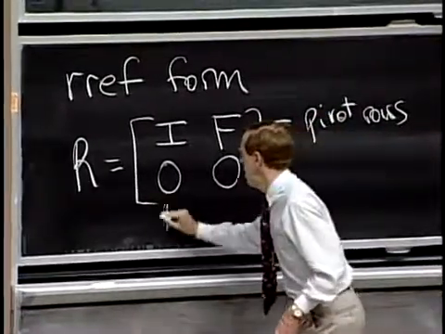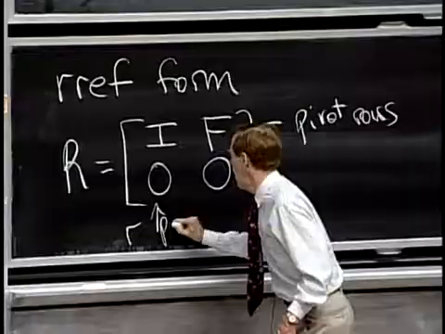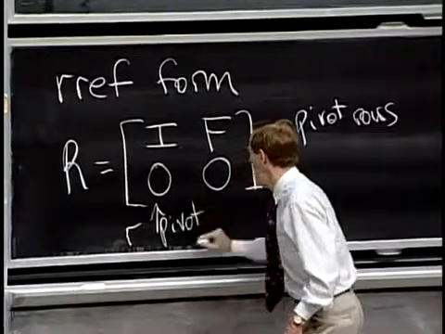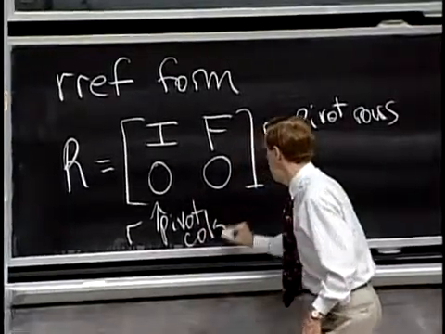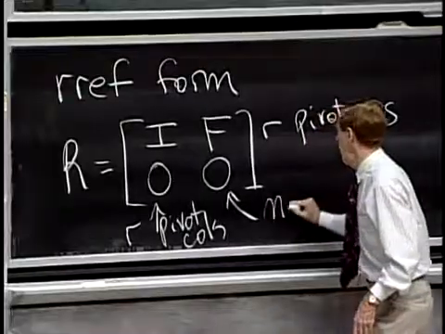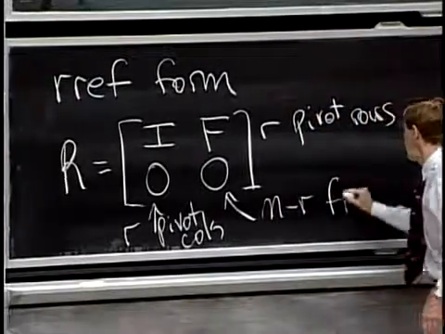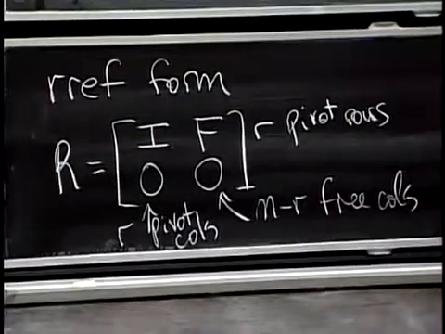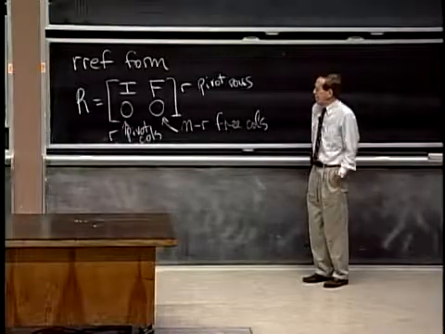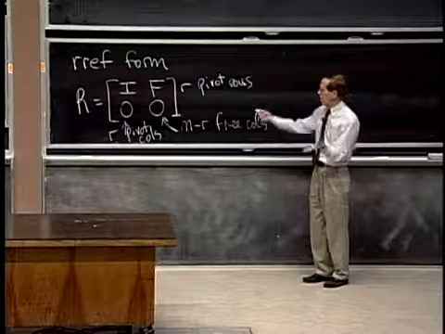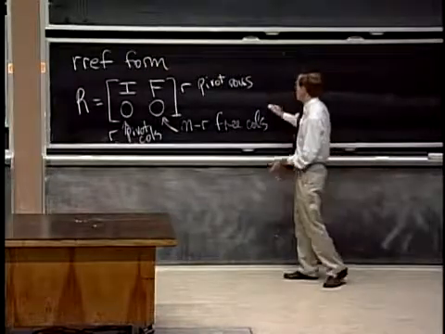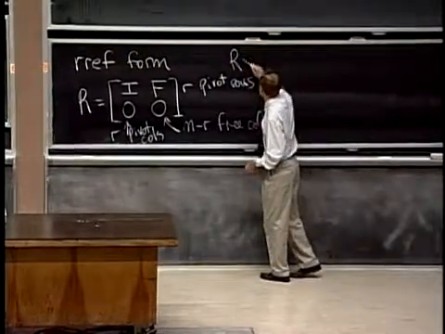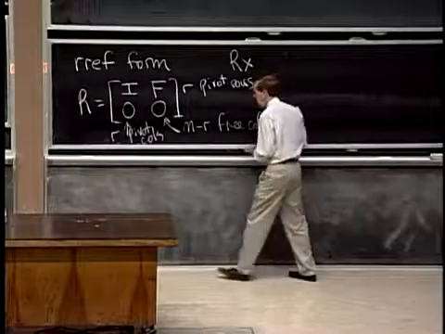This is R pivot columns. And here are n minus R free columns. Okay. Tell me, what are the special solutions? What's x? If I want to solve Rx equals 0, in fact,